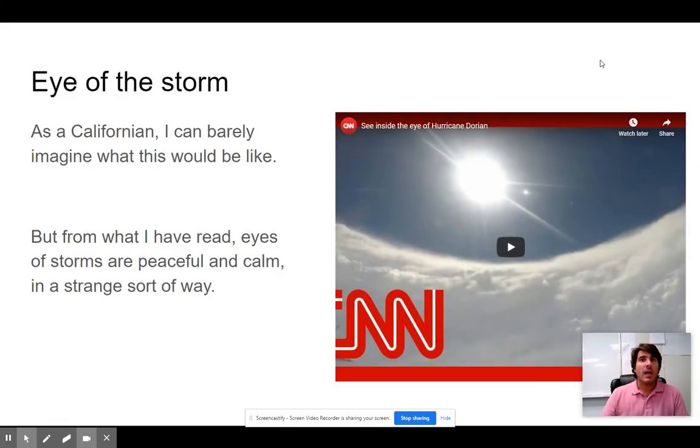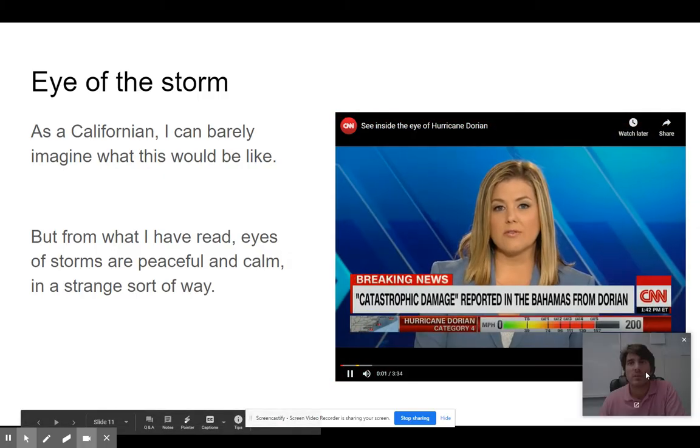Now, the eye of the storm, I've never seen. Let's see if we can watch this short little video showing what it would be like in the eye of the storm. As you can see, you've got massive clouds here, but a perfectly blue sky. Everything I've read says that when you are in a crazy storm like this, when the eye of the hurricane or the eye of the typhoon comes overhead, you can look straight up and there's nothing blowing. It's just calm and quiet and beautiful. So this is an interesting little video. Let's see if we can watch this.